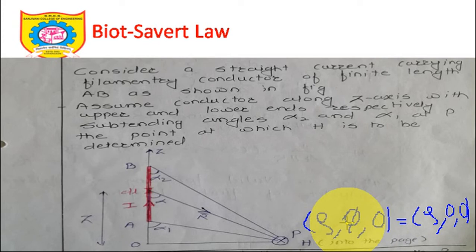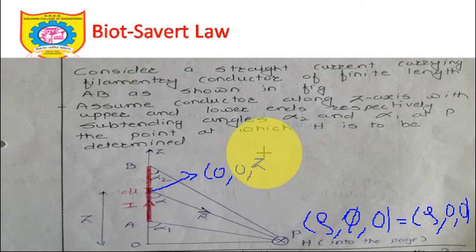If that is the case, I can take the coordinates as rho, 0, 0, and for this dl bar, can anyone tell me the coordinates for this particular point? This is a point on the z axis, so it will have x coordinate 0, y coordinate 0, and z coordinate z, since z is the distance of this particular point from P. Now if I want to calculate this AR bar, can anyone tell me? It is destination minus source, so rho minus 0 Arho bar, 0 minus 0 A phi bar, and 0 minus z AZ bar.